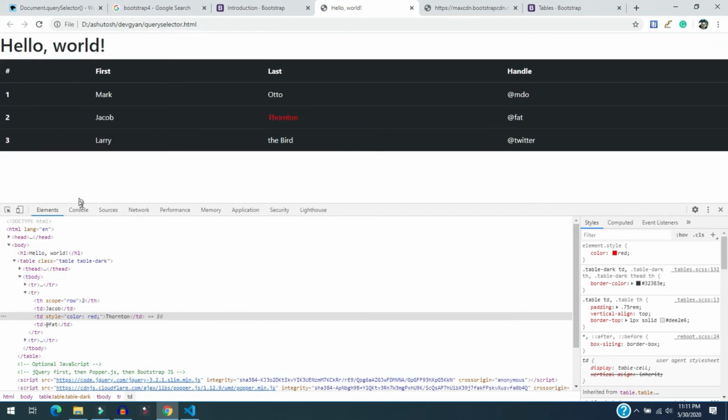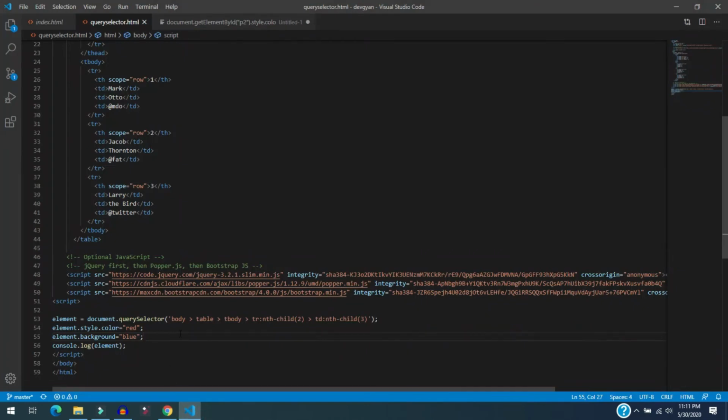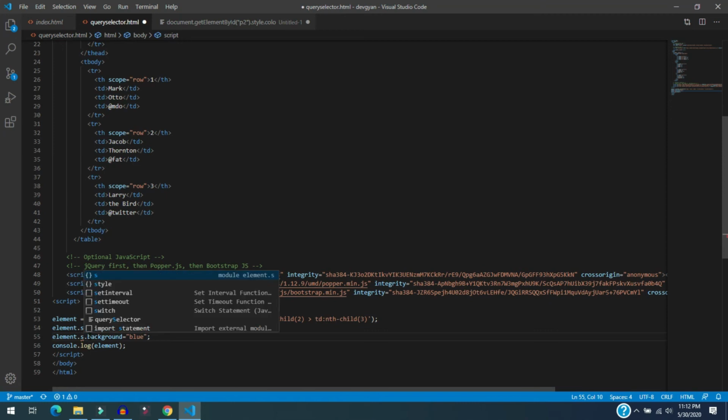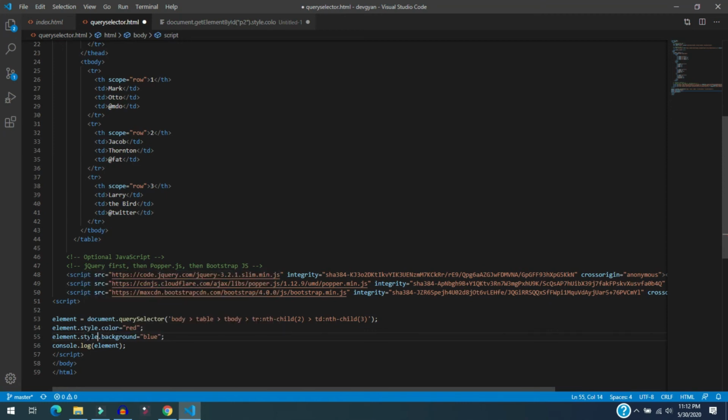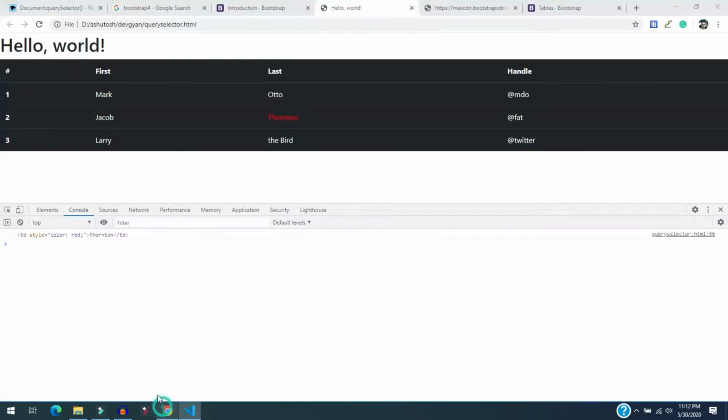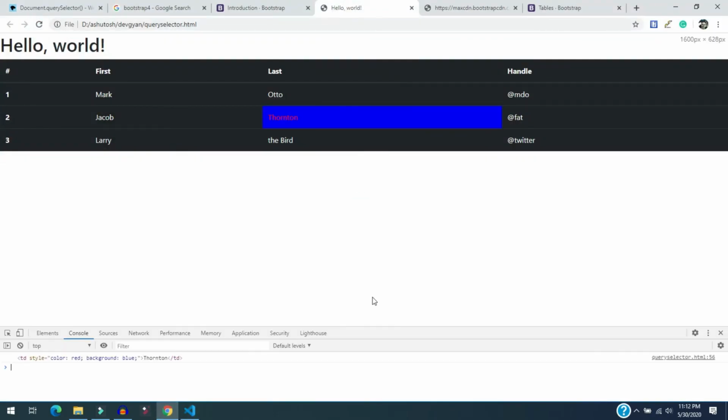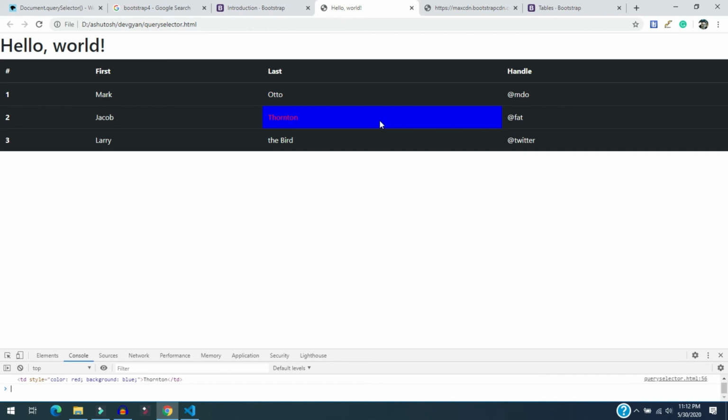Nothing happened. Let's review the code once again. Okay, so as you can see, the background style is missing. Since background comes under style, we need to provide the style here. Okay, so now I provided it, then save, and again I am going to refresh. Wow, it's awesome. I am able to change the background. So in this way we can select a certain element in a complex web document. How amazing it is. So we can change the behavior in this way through JavaScript.